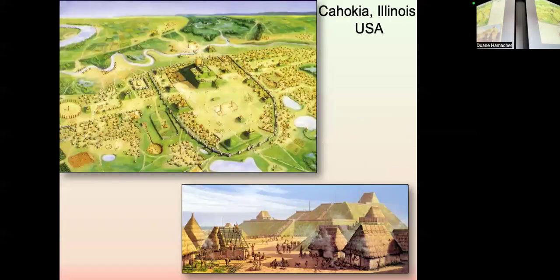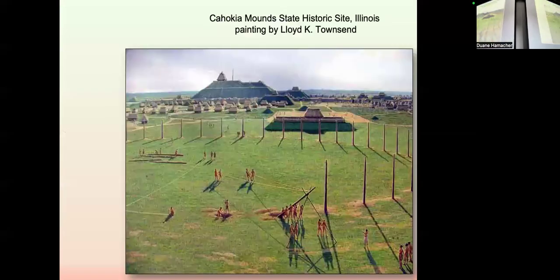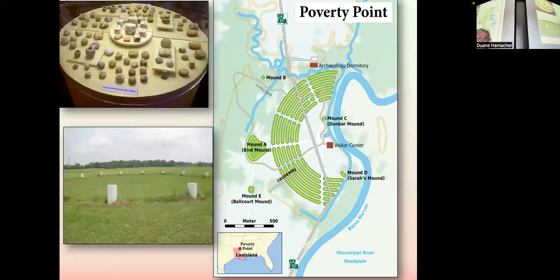Okay, so let's go over to Cahokia in Illinois. And we are now talking a large community planting. But there they have a circle of poles, which they call Woodhenge, named after the British version, which they keep adjusting. So you'll get the same patterns all over the world because there is one common factor, the human brain. So at Poverty Point, I spent some time at Poverty Point in Louisiana,